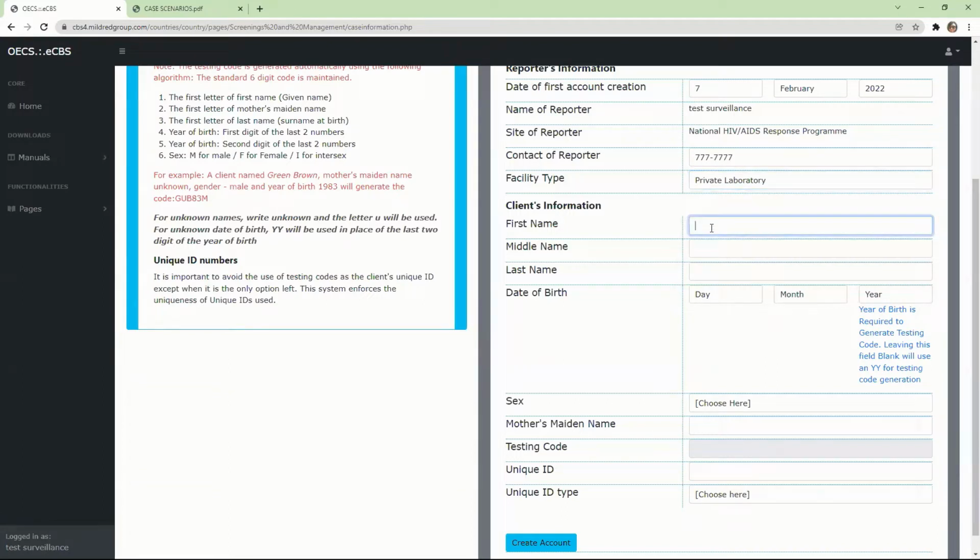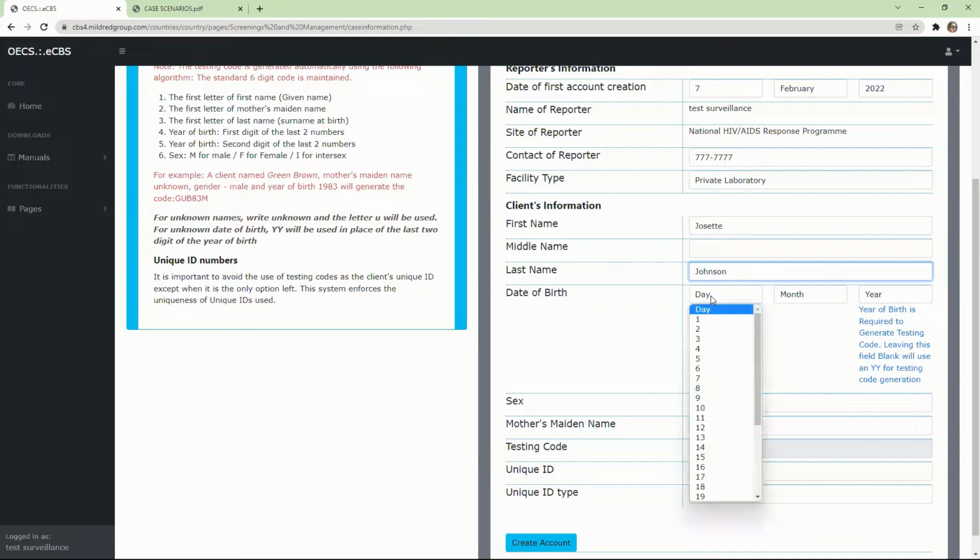The first name. Her first name is Josette, right? We are going to make up a last name. So we'll give her a last name, Johnson. Her date of birth. The story says that she's 15 years old, which makes her